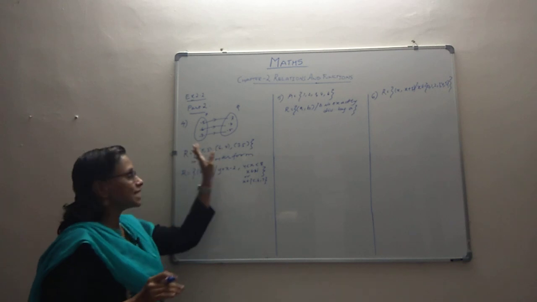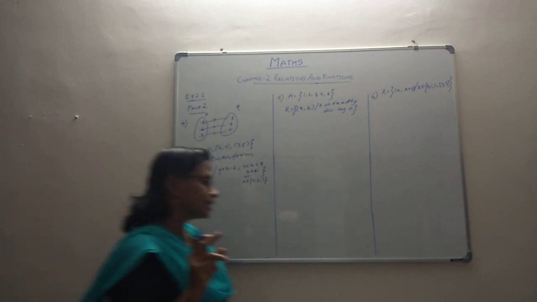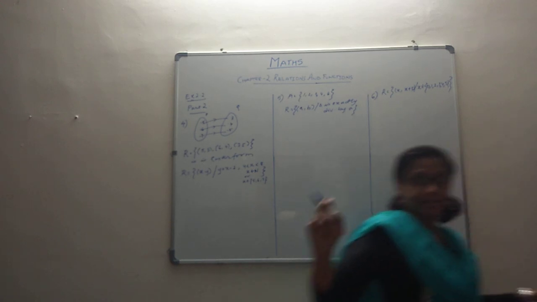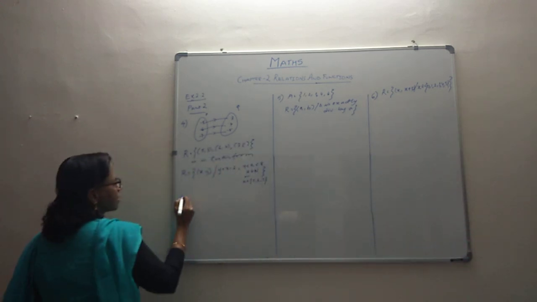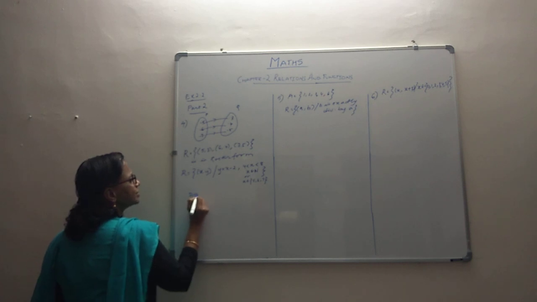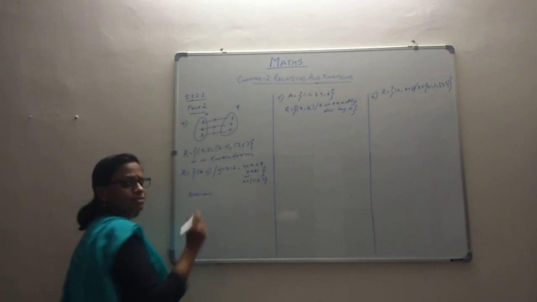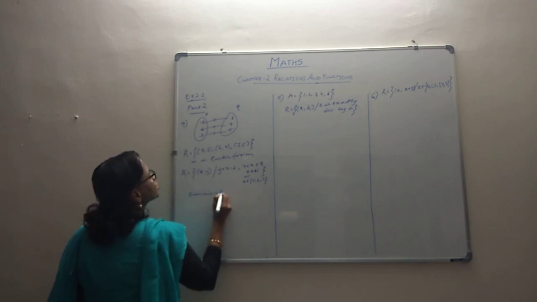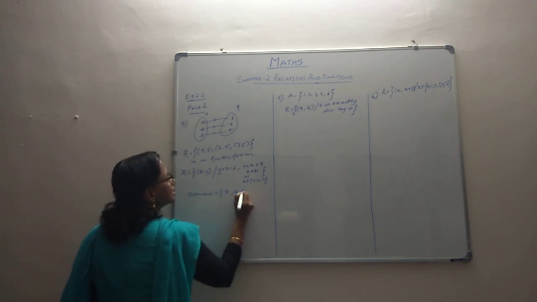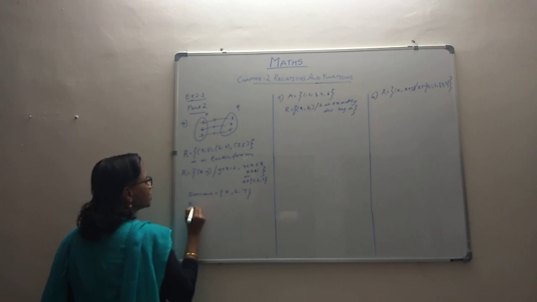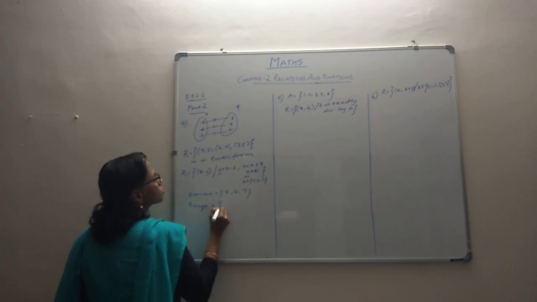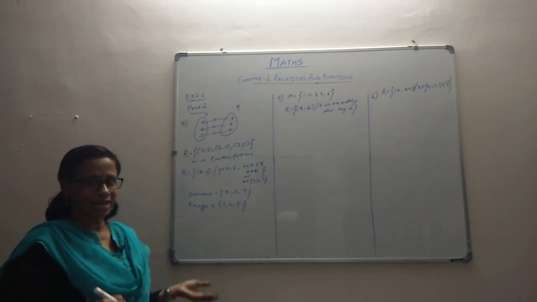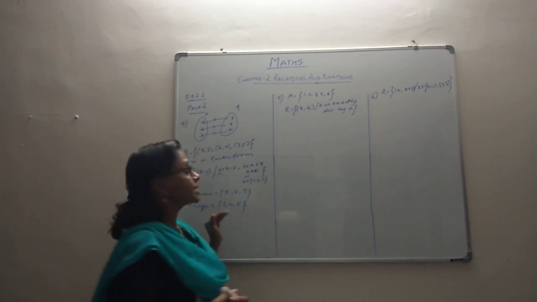So this is about set builder form and roster form. Now I think they have asked us the domain and the range also. Let me check. Yes, domain and the range. So let's write the domain and the range. We have learnt it very easily. All the first elements we will put in the domain, all the second elements we will put in the range. So the domain is going to be 5, 6, 7. And the range, we are very clear about it, is going to be 3, 4 and 5. That's about domain and range, and that is about our question number 4.